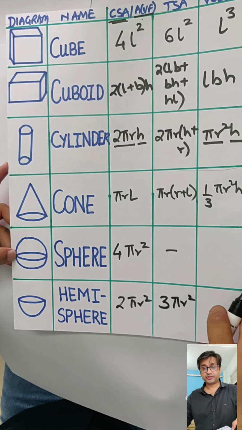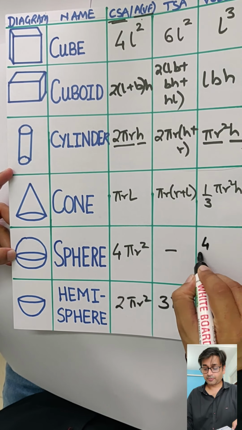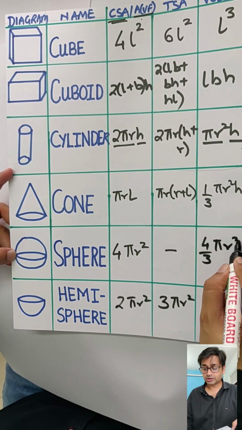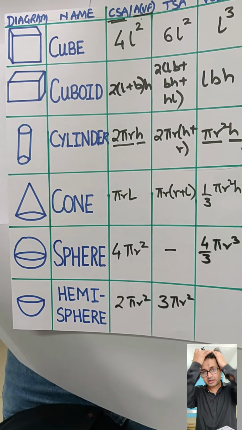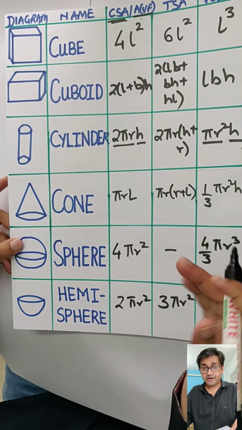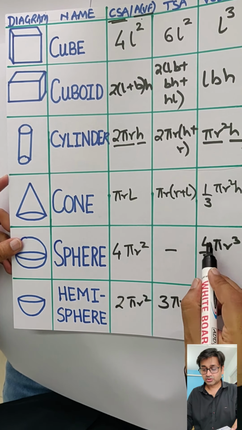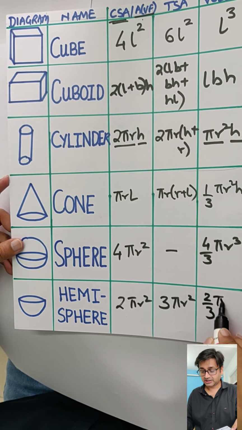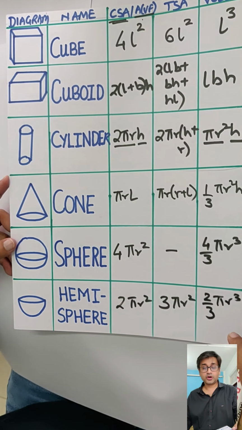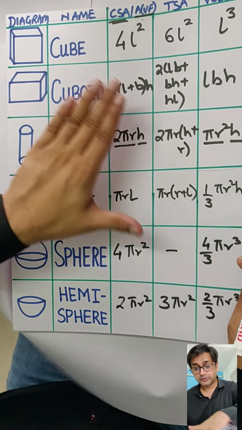Alright? And then the sphere's volume, that is 4 upon 3 pi r cube. I don't have any derivation, it's really tough, so go on to Google if you are very curious, or else learn it. Half of this will be the hemisphere, so multiplied by half, 2 gets cancelled, so 2 by 3 pi r cube. So I hope I made you understand all the formulae.